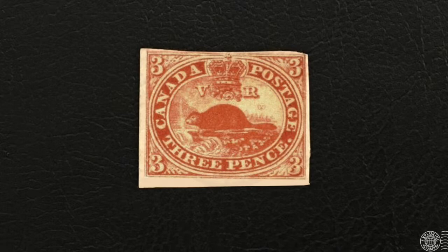So why the beaver? Well, it was a very important animal for Canada at the time, as its fur was being used to make hats that were extremely popular in Europe. As a result of that, the beaver was facing extinction by the mid-19th century and was almost wiped out. Thankfully though, the Europeans took a liking to silk around that time, and as a result, the demand for beaver pelts all but disappeared. But the importance of the beaver was well known and depicted on Canada's very first stamp,